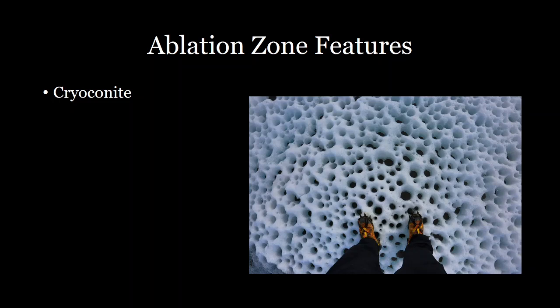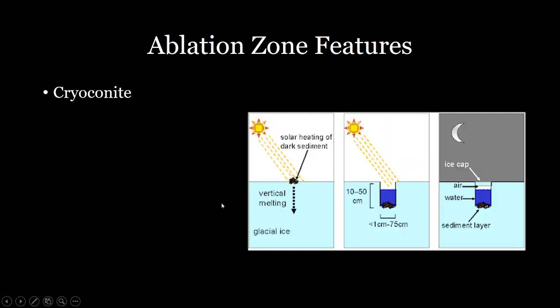Sorry, anyone that doesn't like seeing pictures of holes, but these are holes that develop in bare ice due to sediment and bacteria growing on that ice. So here's a diagram showing how they form. So you have sediment, usually dark in color, that gets piled up onto the glacier. It's just a small pile here, and that dark color allows it to absorb more solar radiation, more sunlight, and